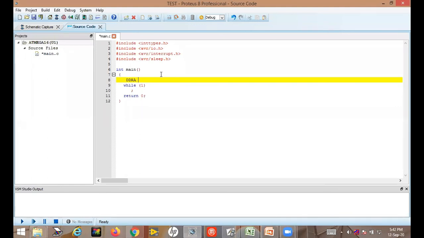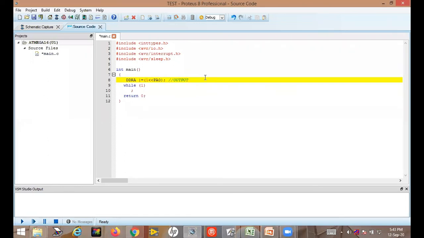A means port A. Later on, after 3-4 classes, we will write programs. For today, just observe. This is a demo of how to write embedded system code. So PA0 is the pin, and this is the syntax to define it as output.